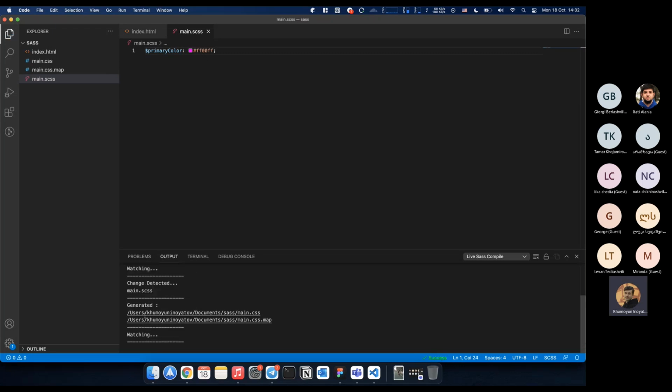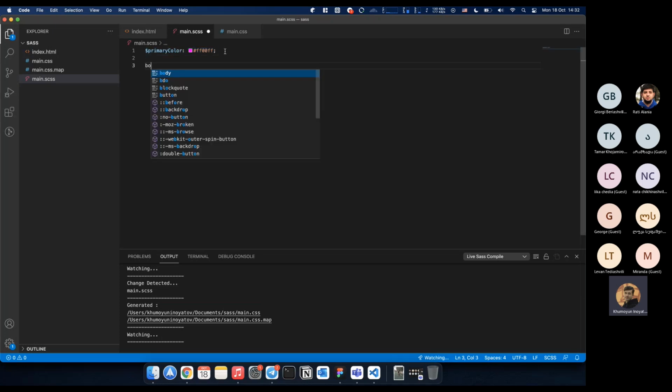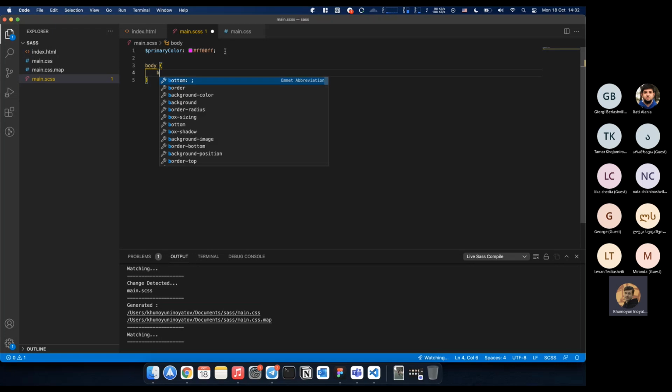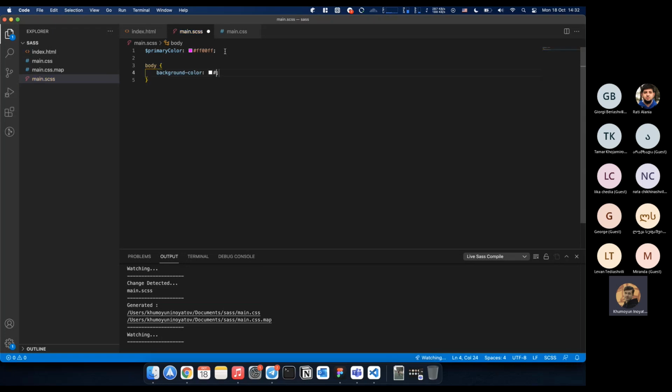As you can see, the output has changed also, and main.css will compile, and nothing will show because we haven't used the primary color. Later, if you use that on a body background color, for example, primary color,